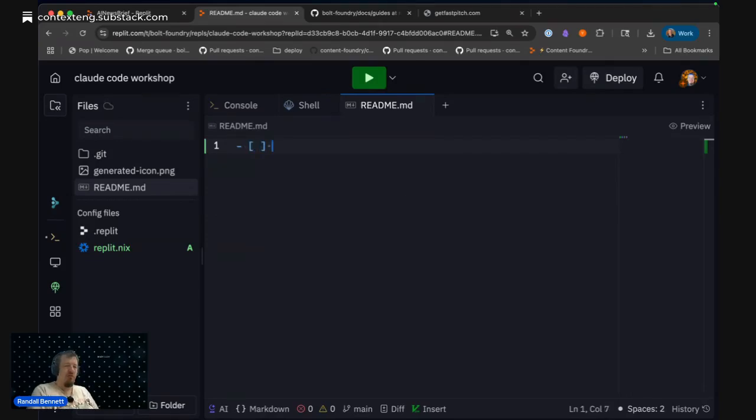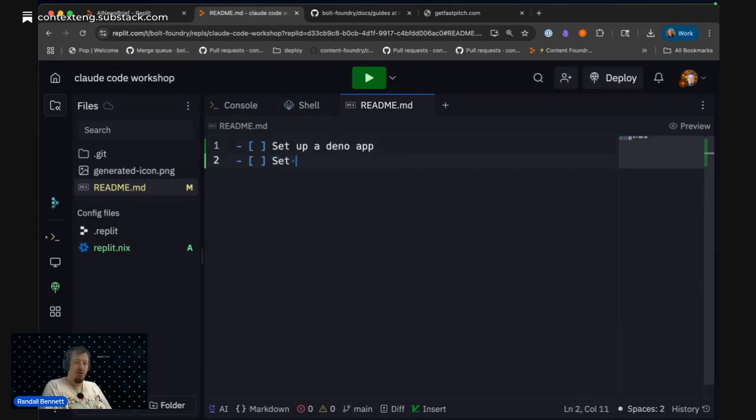So the first thing we're going to do is set up a Node. Actually, we're going to set up a Deno app because I want to use Deno to show you how to do things that are non-standard, because you're always going to want to do something weird, and if you don't know how, it's going to suck. All right, so we're going to set up a Deno app. We're going to set up the folder structure for memos, and we're going to set up our Claude Code